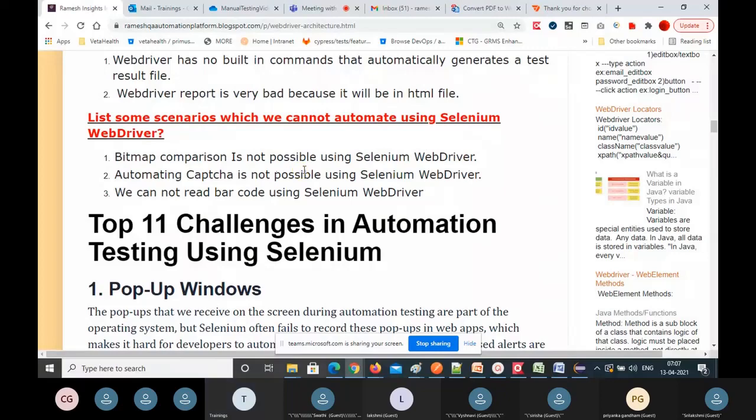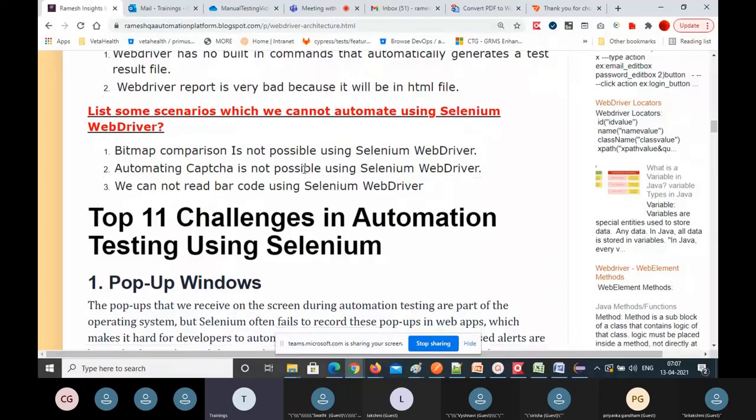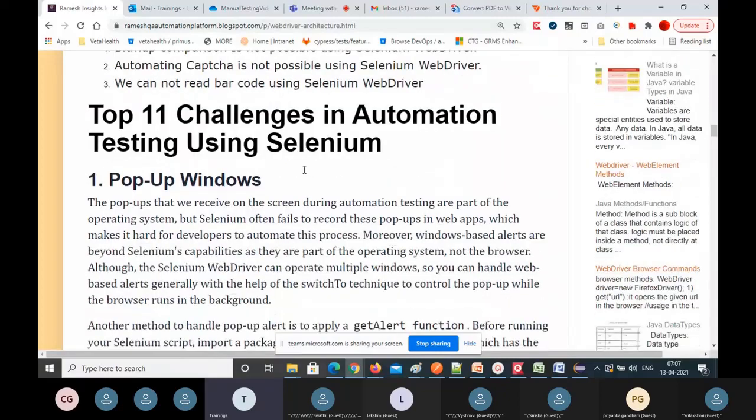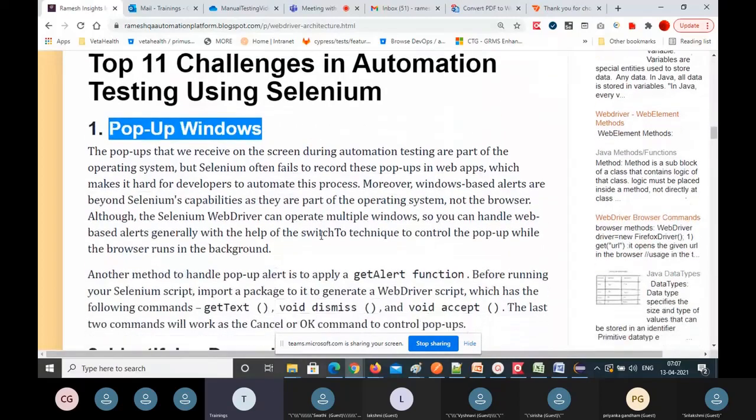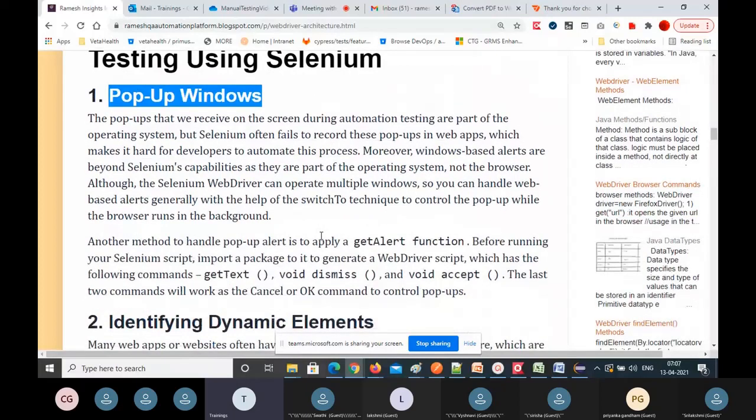And there are some challenges while automating your test scripts using Selenium. What are all those challenges? The first one is pop-up windows. In web pages, you will receive pop-ups on the screen.